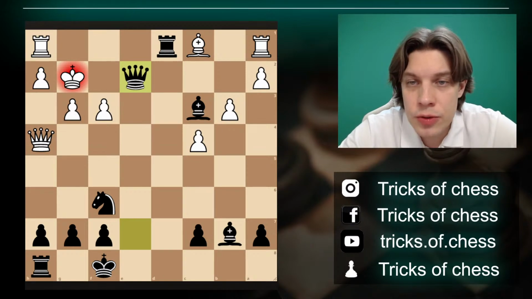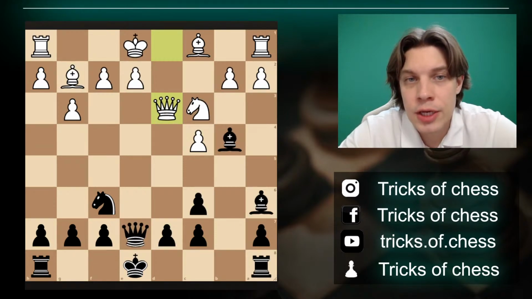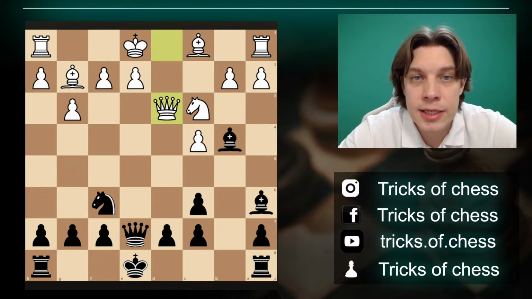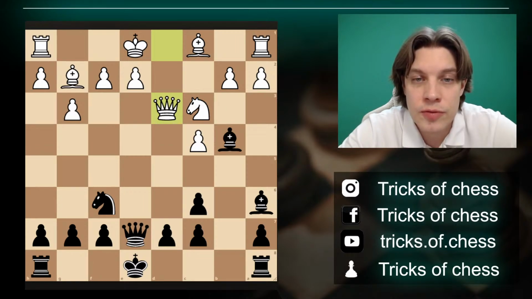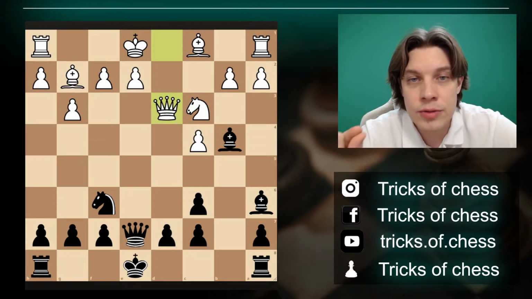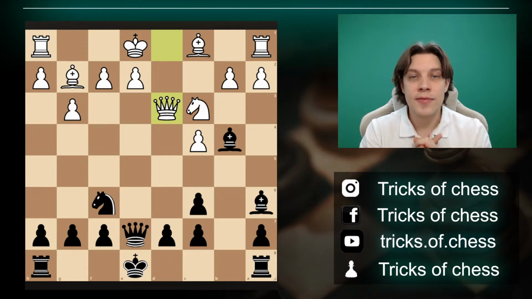Okay, so what you may learn from this position. One of the important factors to take into account when you would like to attack the uncastled king is development. The side who is developed better usually gets more chances to succeed. And of course, don't forget about opening the files. For example, like in this position, we tried to open the d file to get rid of the queen protecting the knight. However, you see, in this position, we can't say that the king was really weak, but we can definitely say that together with the king being in the center,